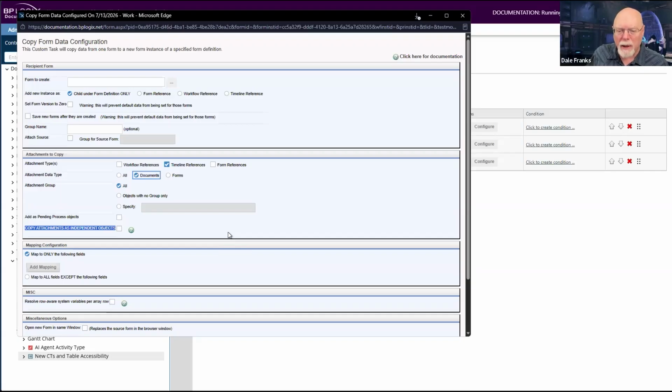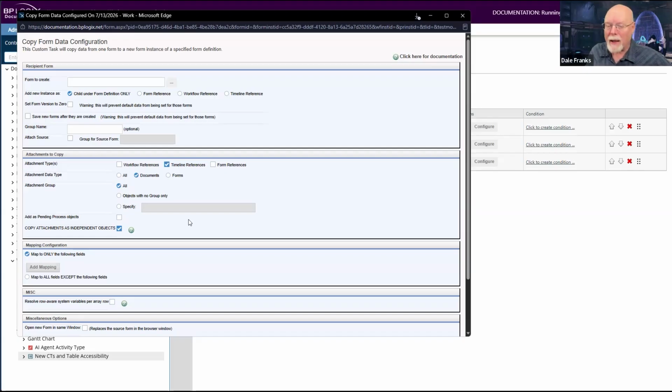What this property does when checked, and it is, by the way, unchecked by default so that the previous behavior still works the way it was supposed to work unless you configure this differently by checking this box, is this: when this box is checked, it does not copy a reference. It actually makes a separate copy of the document attachment. It is now a new copy of the document. It has its own object ID in the system. It has its own rich, full, and independent life.